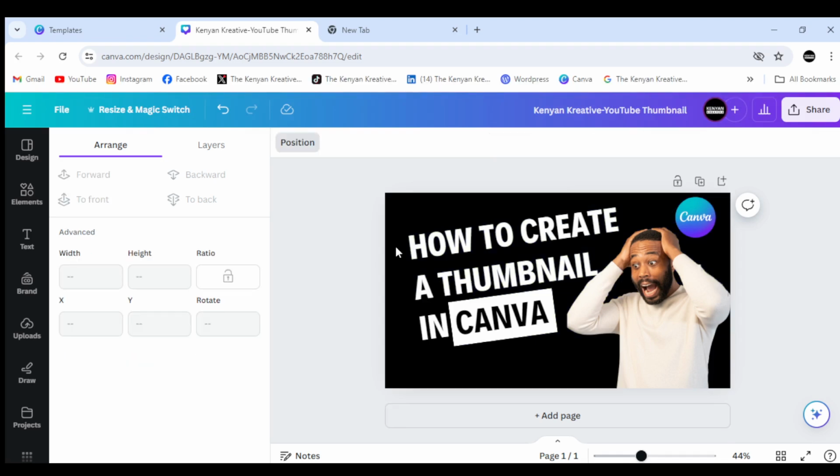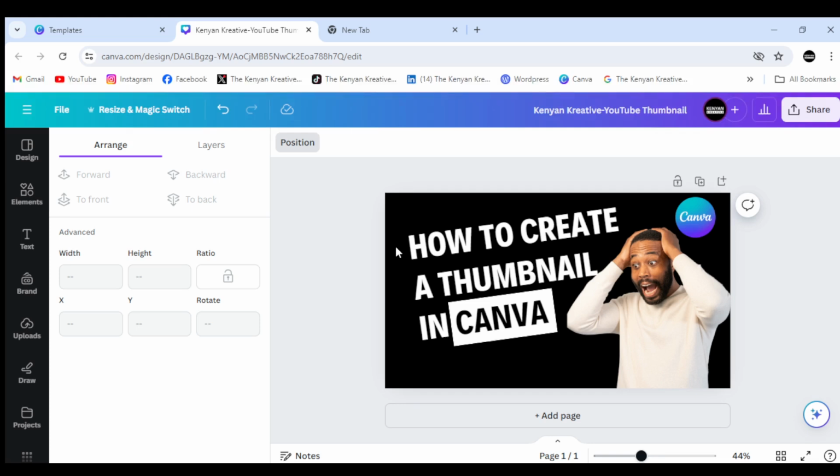Alright, so I think it's looking too plain, so let me search here, background. Need a good background because the black is just looking so plain. So I think this one looks okay to me. At least it's not plain black. Let's be more specific and search for black background. Okay,